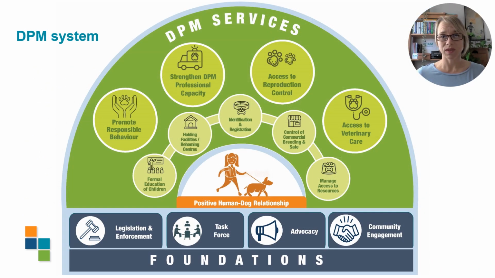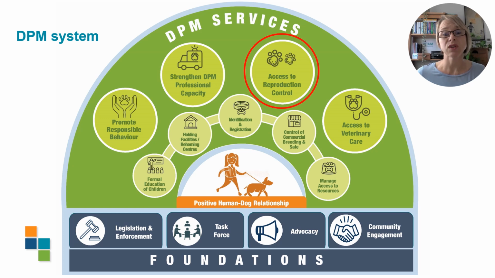I did want to start with a clarification of how we perceive CNVR fitting within the wider dog and cat population management systems. In this diagram, we have a collection of services in green, working together as a system, underpinned by those foundations in blue that support these services to be sustained and used effectively. And you'll see that CNVR isn't called out by name here. We present CNVR as a way to deliver reproduction control. In many communities in Asia, it will be a leading intervention and how the majority of sterilisations are conducted each year. But that's not the case in all countries, and this is a concept of DPM that should work globally.